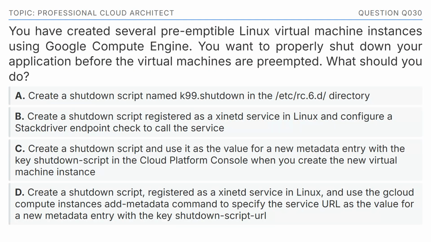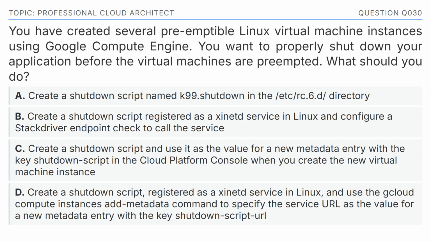You have created several preemptible Linux virtual machine instances using Google Compute Engine. You want to properly shut down your application before the virtual machines are preempted. What should you do? The options are: Option A, create a shutdown script named k99.shutdown in the /etc/rc.6.d/ directory. Option B, create a shutdown script registered as a Zinit service in Linux and configure a Stackdriver endpoint check